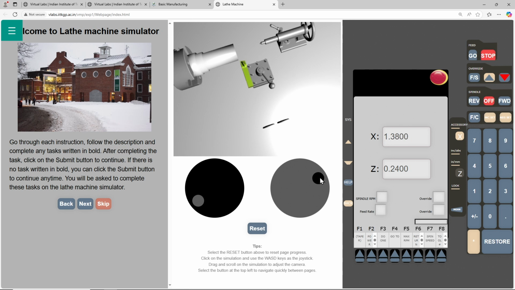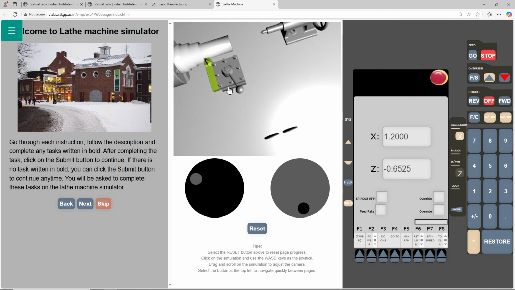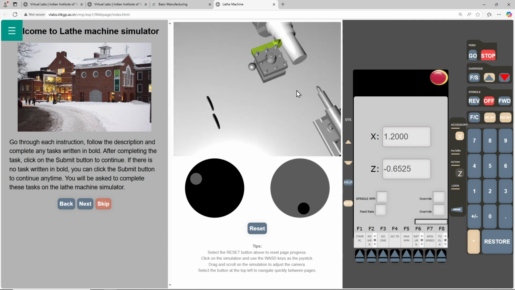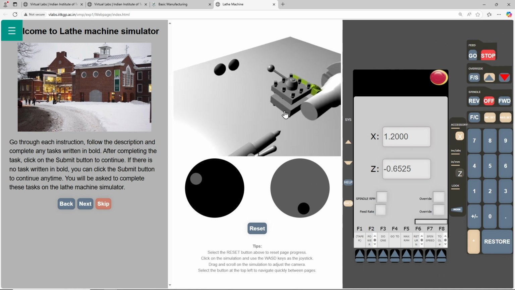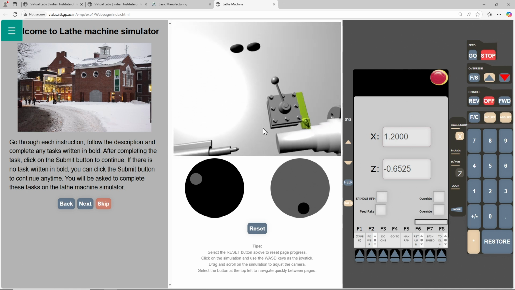So I am trying to do step turning here. You can even watch this closely from any of the directions, the way it is going, just for the view.